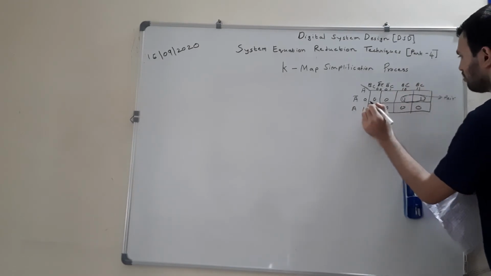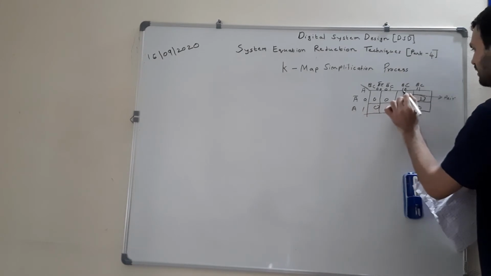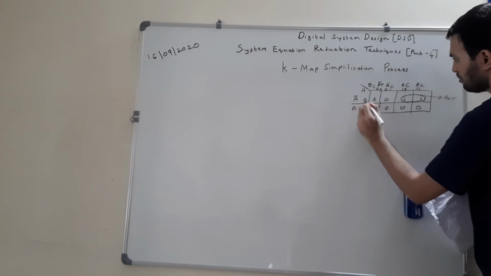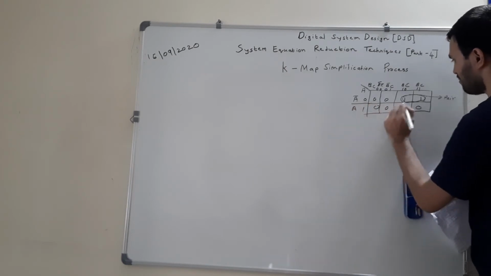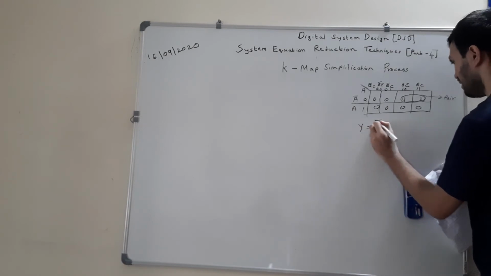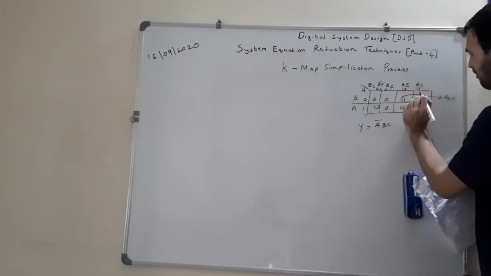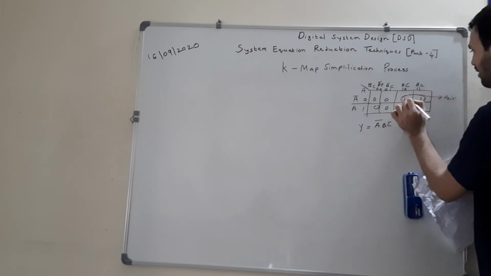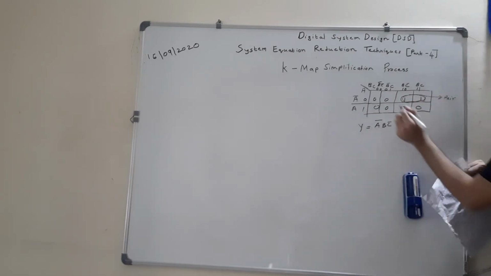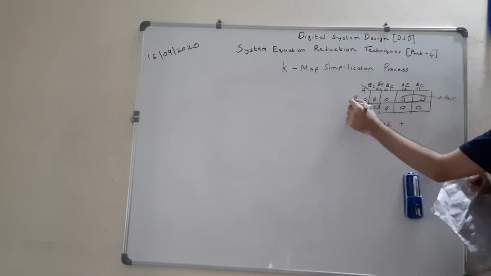Now have a close look over here. So here we have an expression in the form like this. So this row corresponds to A equal to 0, that means A bar. So I write it over here, Y is equal to A bar B C bar, because that is the term we have encircled, right? The BC bar term we have encircled with BC. So we have to add this particular term, and the term which we have encircled, we have to write again. So this row remains the same.